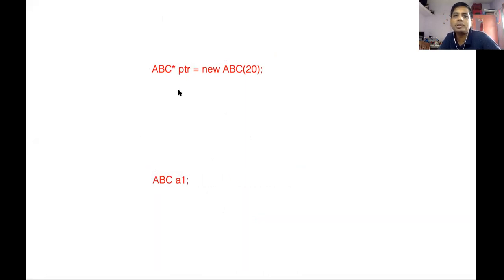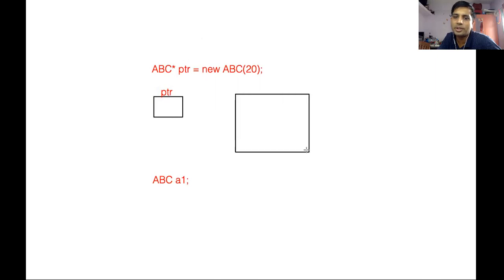In the first case, there is one pointer having the name PTR. Now using the new keyword you are creating one object, which has the function as well as the data, that is num. It is a memory location, so it must have some starting address.